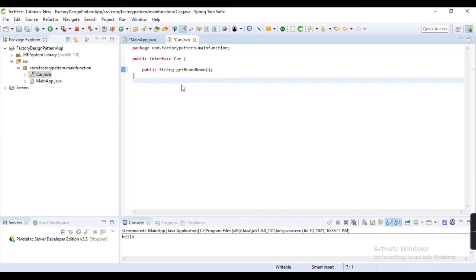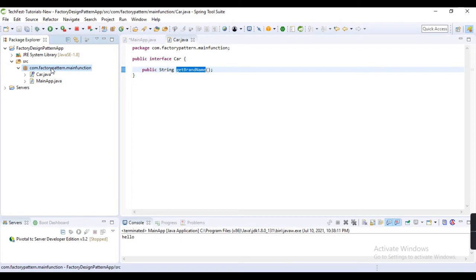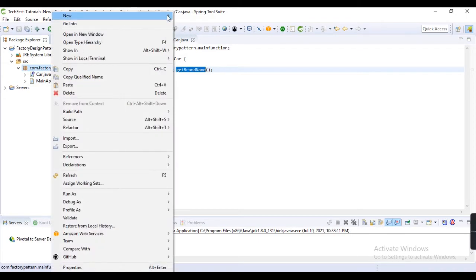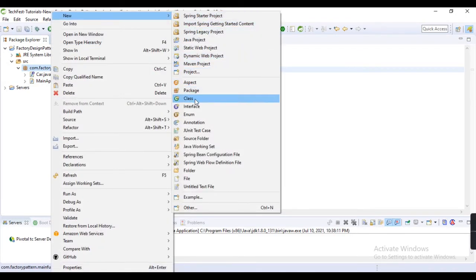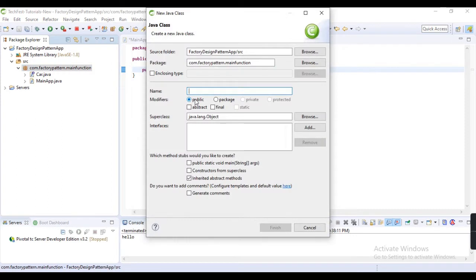So this is a simple interface, Car, having one method, getBrandName. Now I am going to create two implementing classes for this.